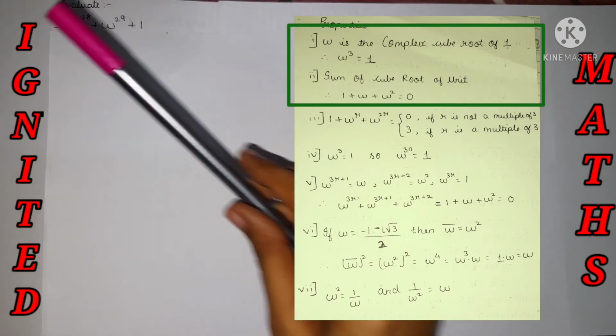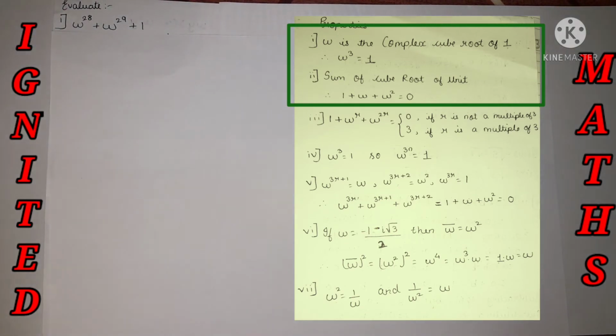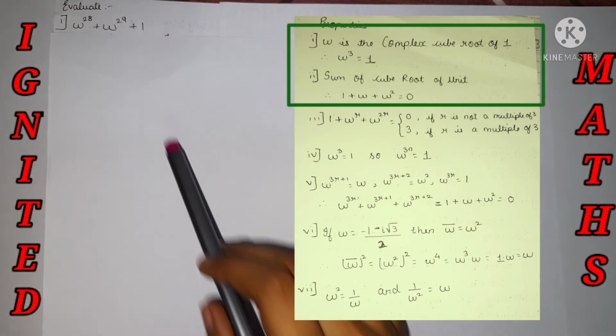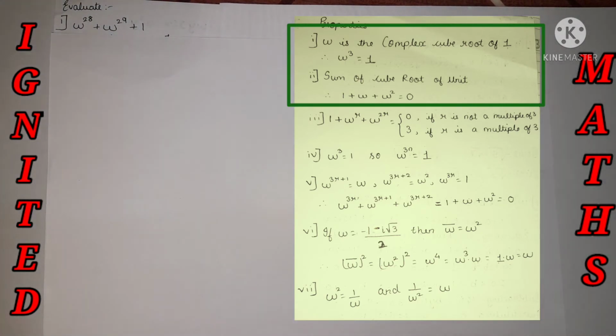Now we have the one solution, that omega raised to cube is equal to 1. On the right hand side I have shown the most important pillar of the cube root of unity, which is nothing but omega raised to cube is equal to 1. So from the given question, we need to do the calculation in such a way as to do it in the simplest form. So how can I relate this question to my first and second property? How can I bring it?